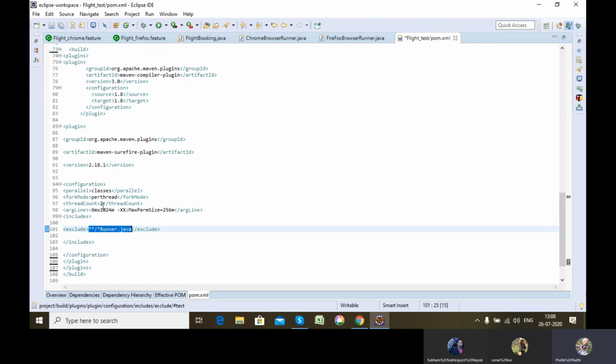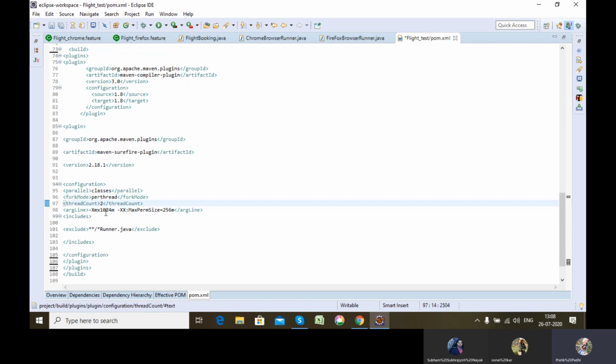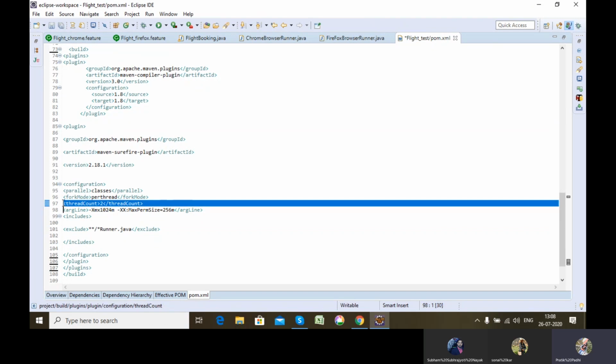So what is the best practice? The thread count should be equal to the number of classes I have, or more, so that each class is given a single thread separately. Else there is no meaning of parallel execution. Fork mode is optional. If I give fork mode per thread, it will create a virtual JVM for each thread being executed, so the execution will be faster.